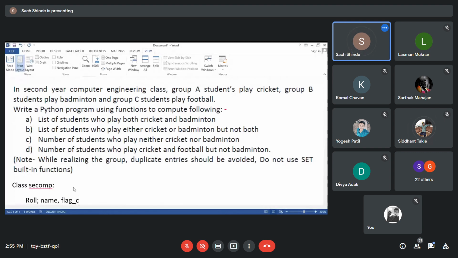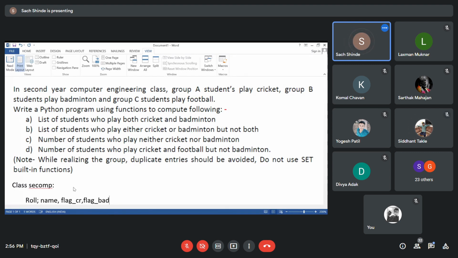Let us create a flag for cricket. If this flag is 1 for cricket, then we assume that he is a cricket player. If the flag value is set to 0, then we assume that he is not a cricket player. Then again we set a flag for the second sport, badminton.